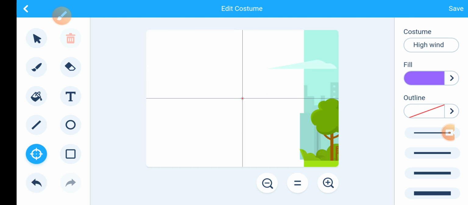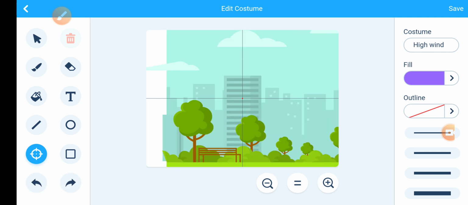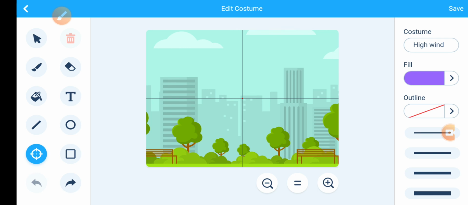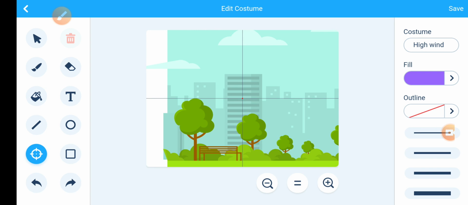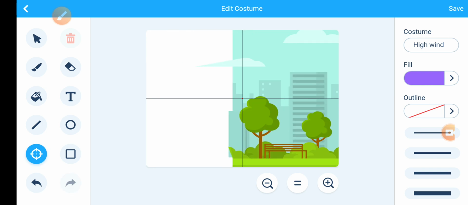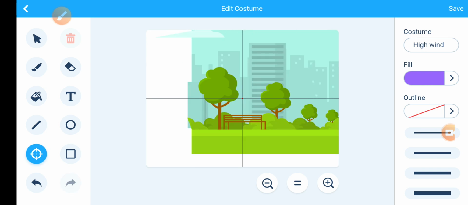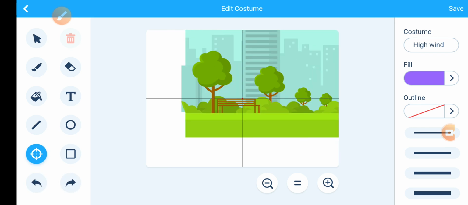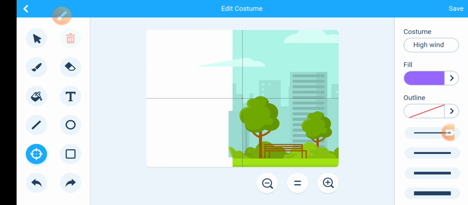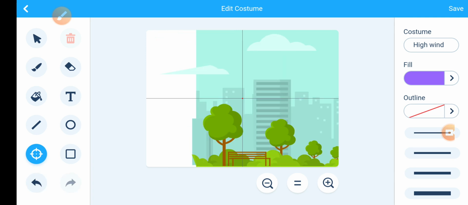One more, this is better. I think this is enough, and then save it.